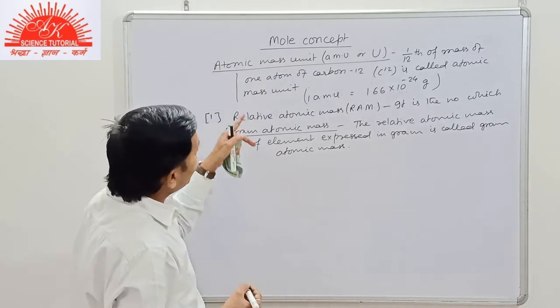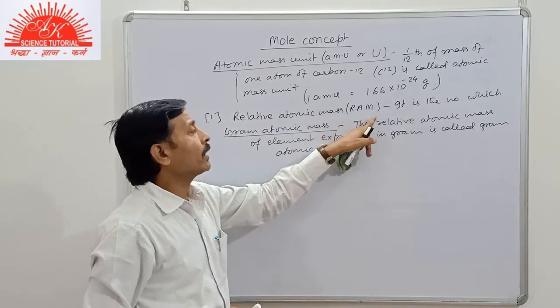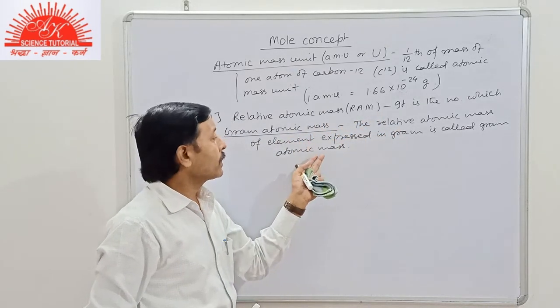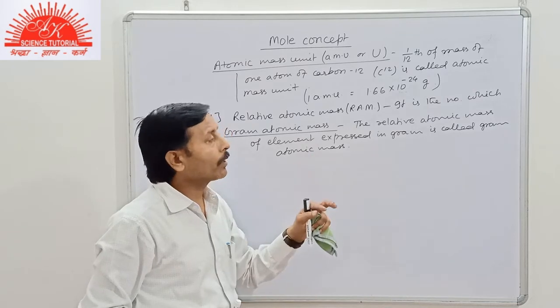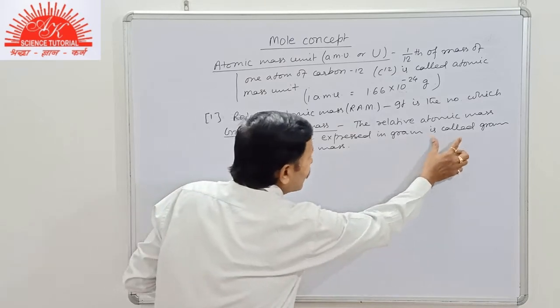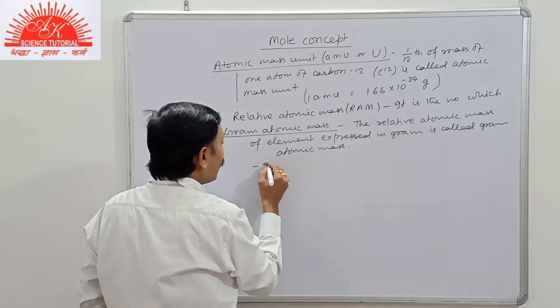So if it is written with the word relative, you will write it in AMU or u, or without unit, as a simple number. But if it is given as atomic mass or gram atomic mass, you will express it in gram. Now this collection is also called